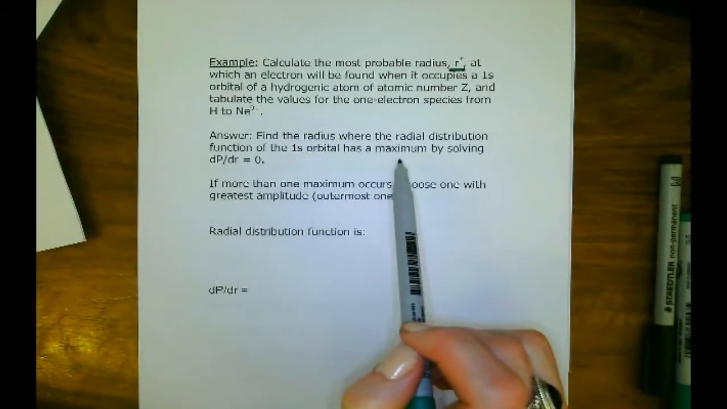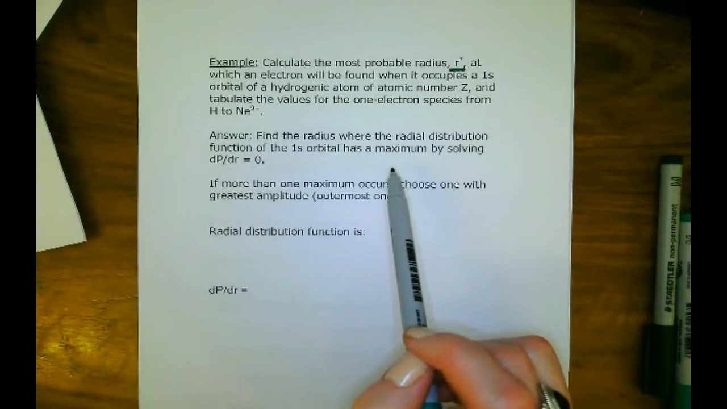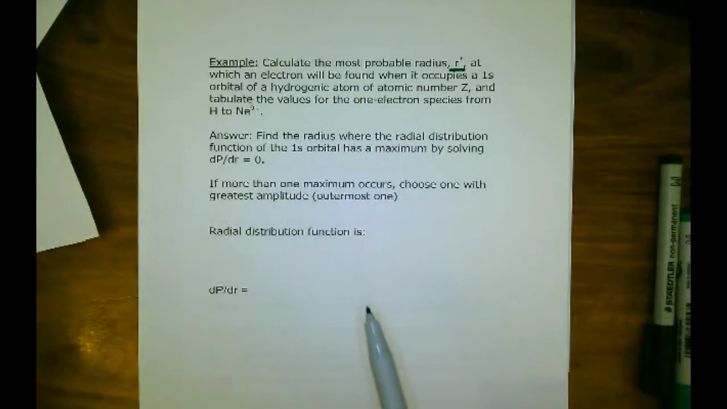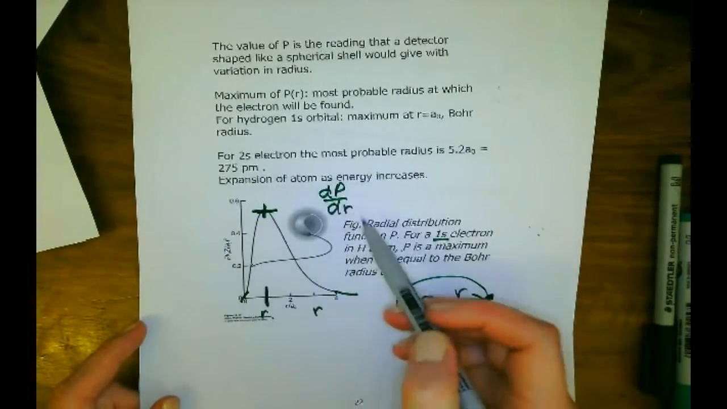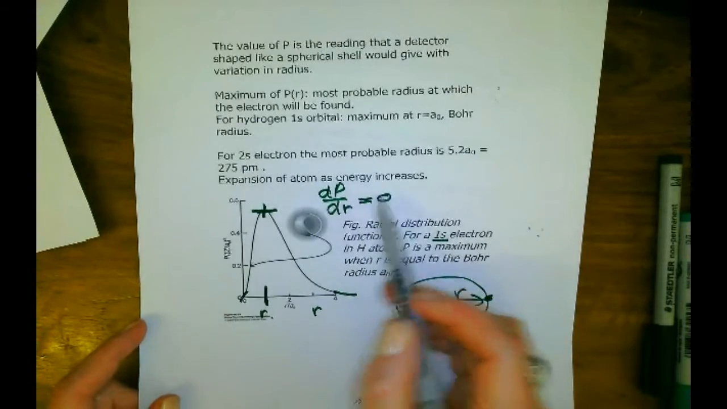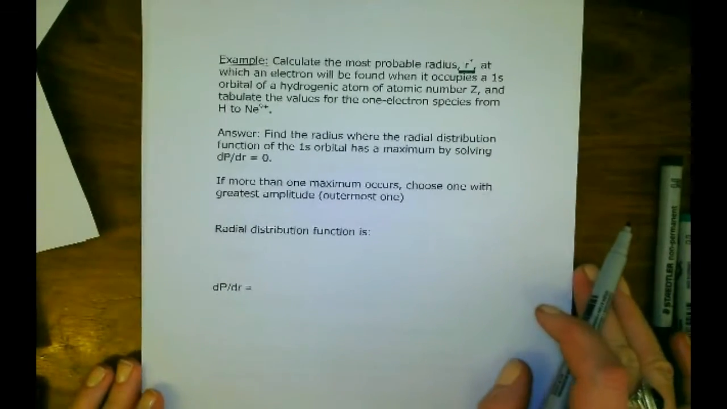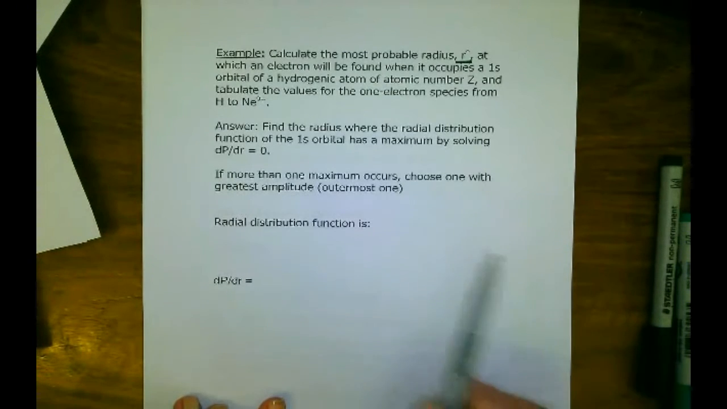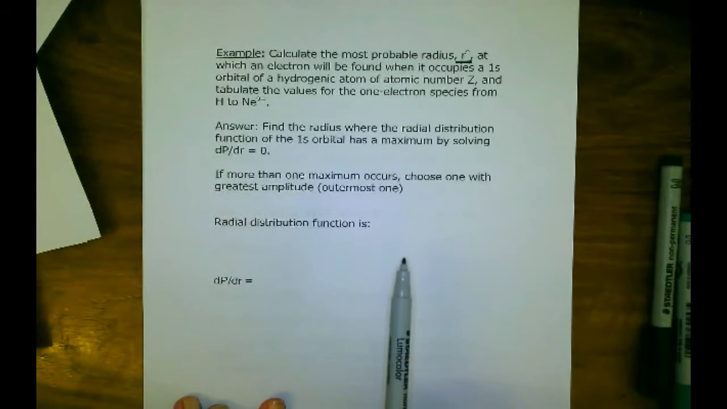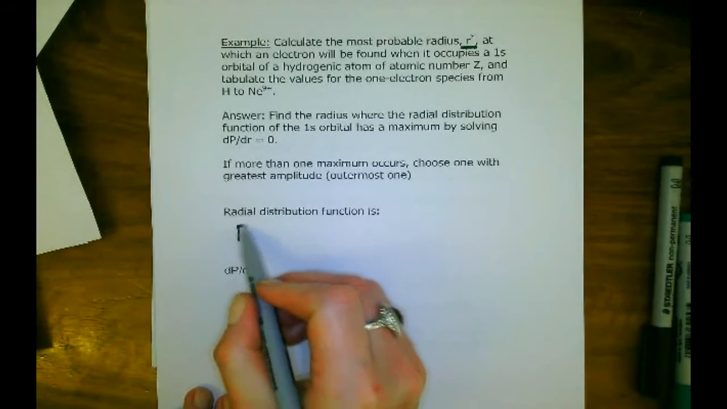So basically what we want is to find a radius where the radial distribution function of the 1s orbital has a maximum. And that is where the slope, the first derivative, is equal to 0, because that will give us that maximum. So the r, that radius, is what we want. And if more than one maximum is present, you choose the one with the greatest amplitude, which is typically the outermost one. So the radial distribution function we have just